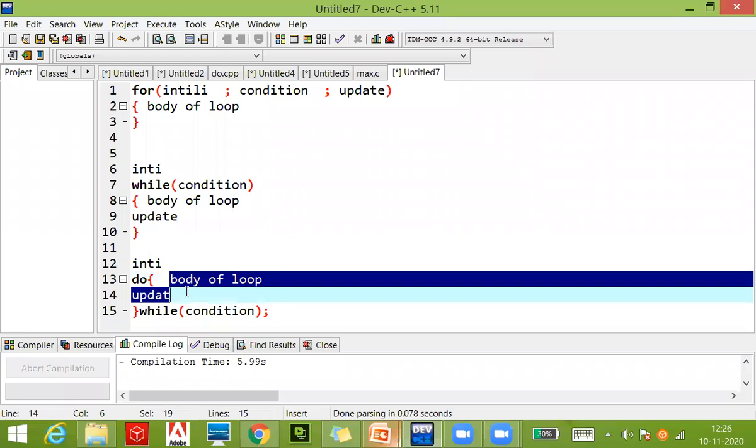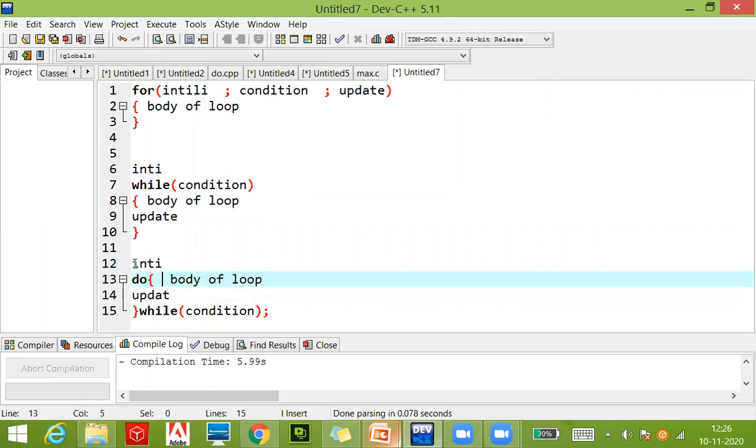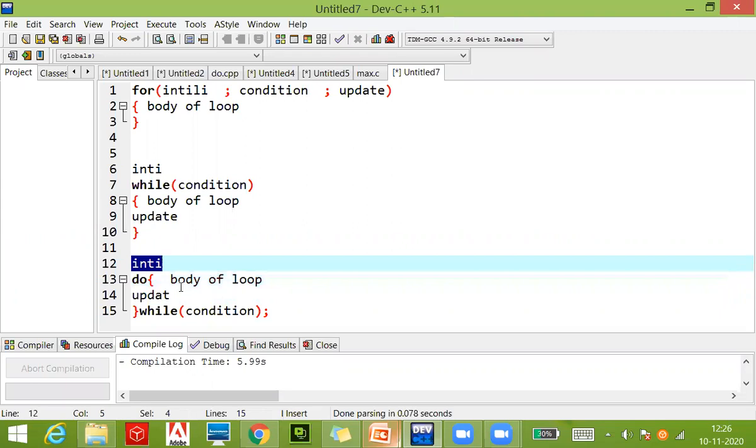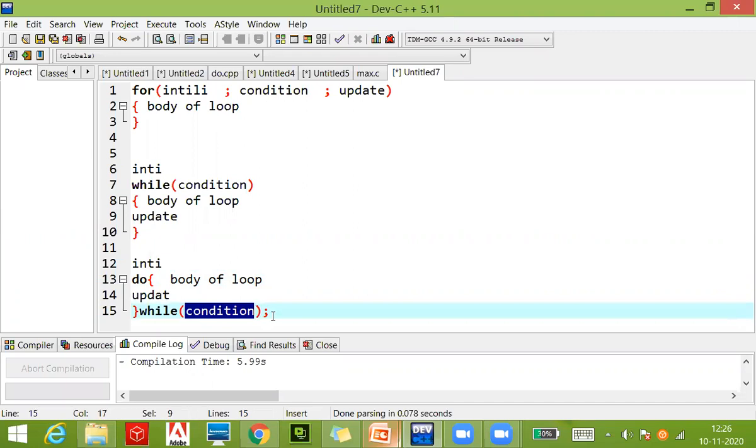थोड़ा सा इसमें, वाइल लूप से और फॉर लूप से कैसे डिफरेंट है कि यहाँ इनिशियलाइजेशन तो पहले हो जाती है, जो कंडीशन है जो हम फॉर लूप में और वाइल लूप में पहले सेकंड नंबर पे इसको चेक करते हैं, ये कंडीशन एट द एंड चेक होती है, ठीक है।